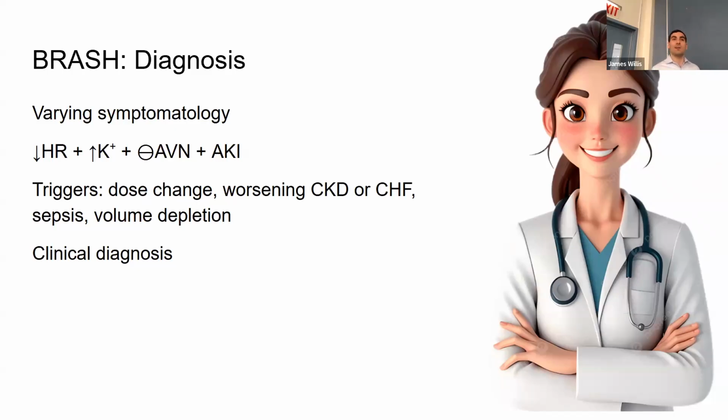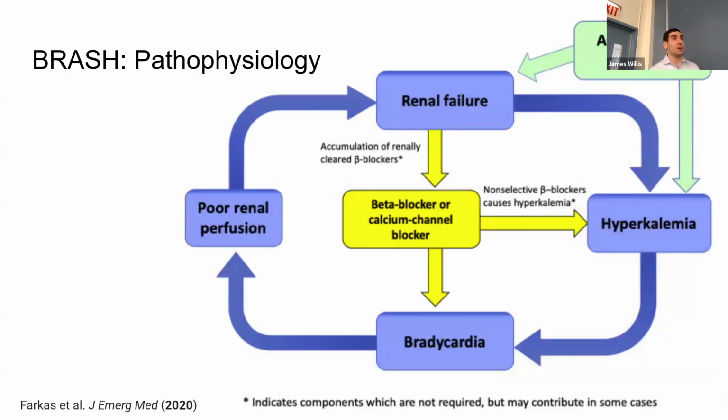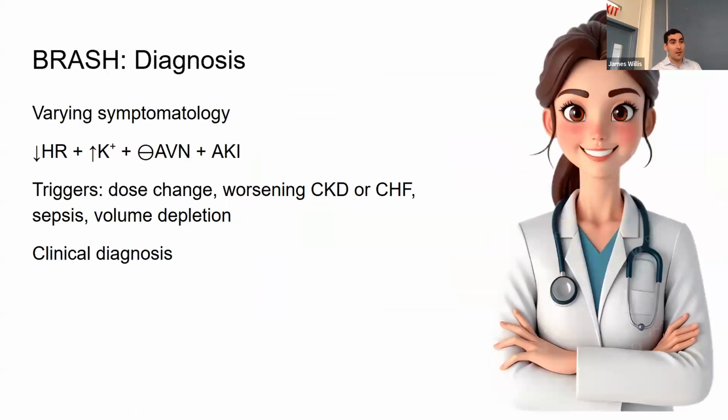So it really can range from less symptomatic hyperkalemia and bradycardia to profound shock and altered mental status. The common precipitating events are dosage increases of their beta blocker or calcium channel blocker, worsening of their underlying kidney disease, worsening renal hypoperfusion in the setting of hypovolemia or worsening CHF, and any other critical illness like sepsis that causes hypovolemia. The diagnosis,